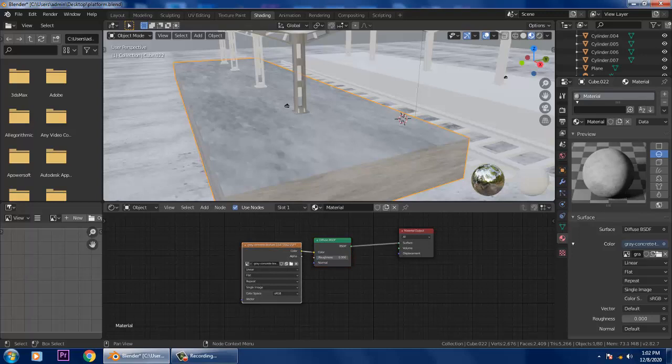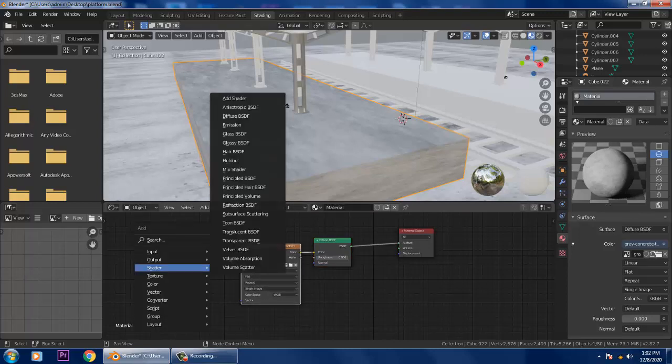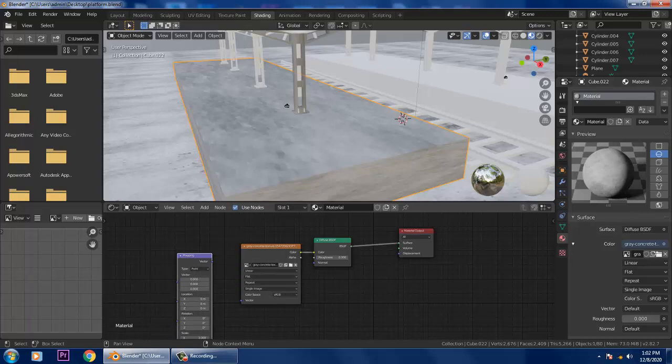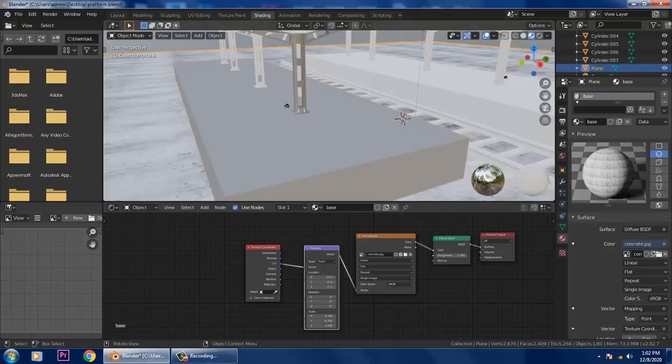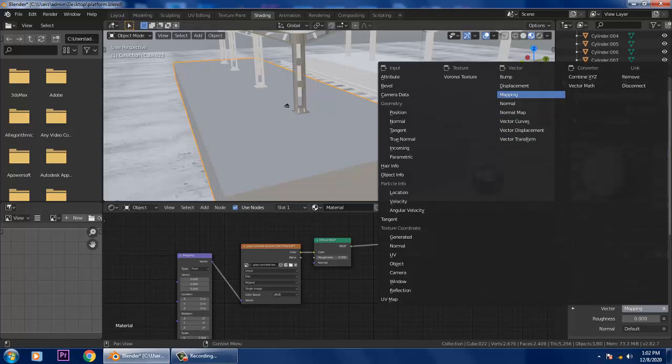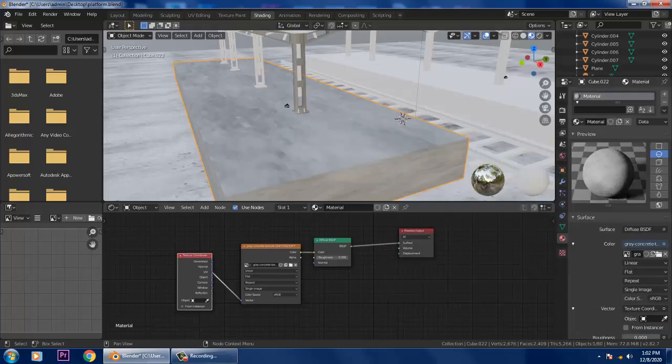After that, I'll go into Shift A and take a Mapping node over here. I'll connect this mapping over here. So you can connect this mapping, select this, and let's give a UV over here.